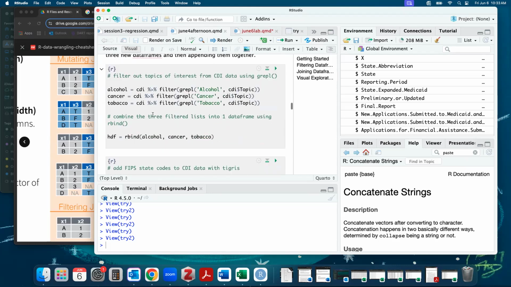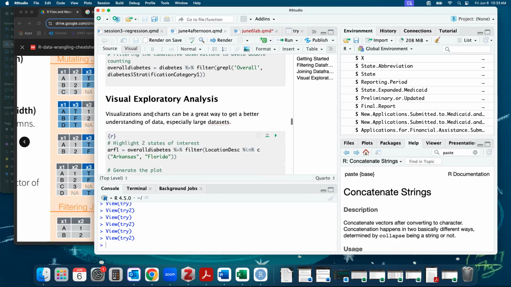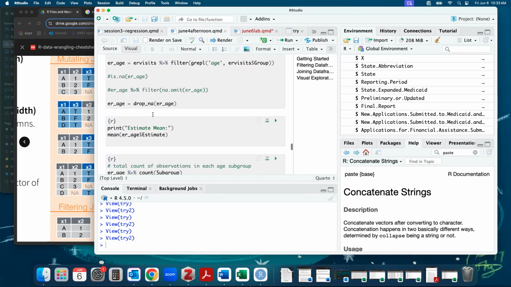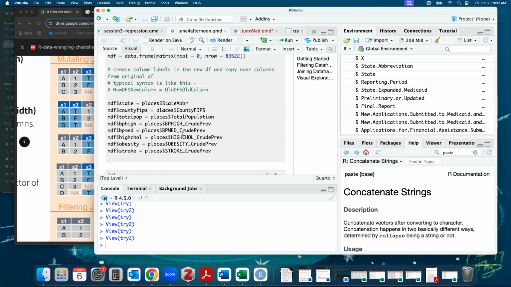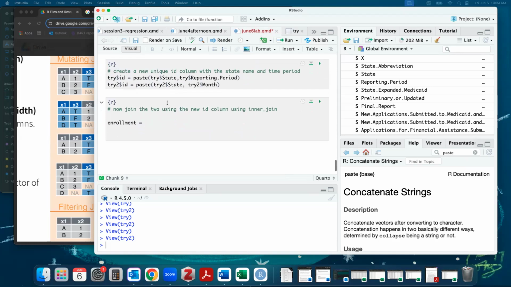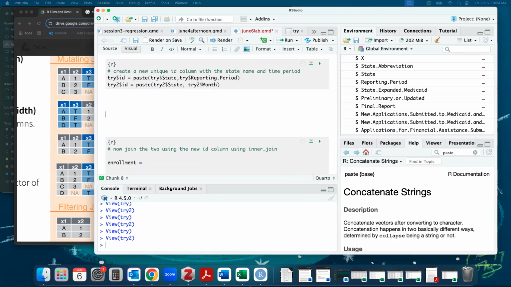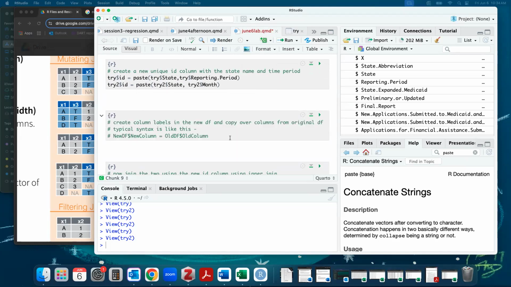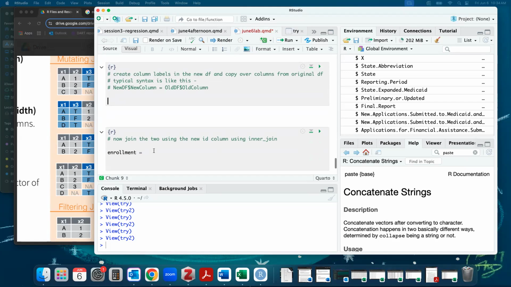Here we go. Okay, so we're going to say enrollment is the new thing equals,